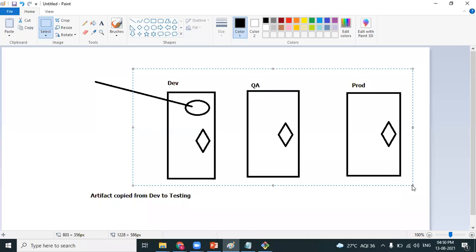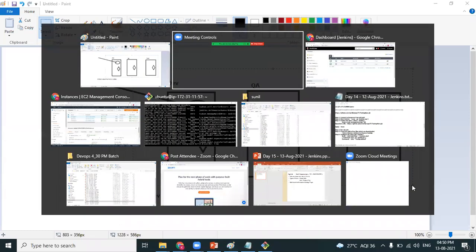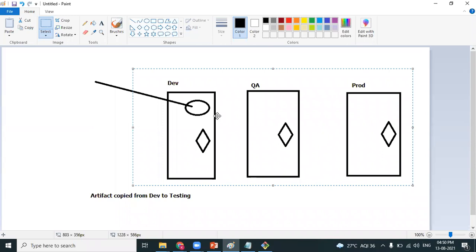We have not justified the word continuous till now, isn't it, Anuj? We are understanding download, build, deployment, testing, and delivery. But did we focus on why we are prefixing the word continuous in each and every stage? Because it is a cycle. If it is to be continuous automation, then the infrastructure should be up and running.